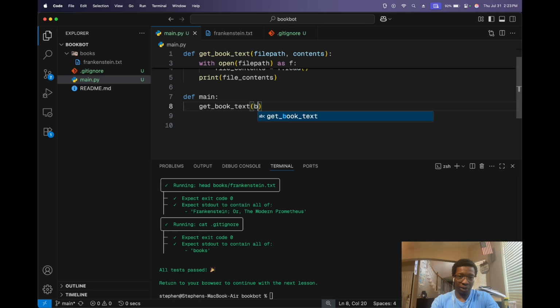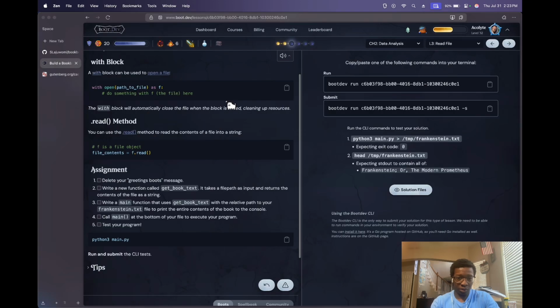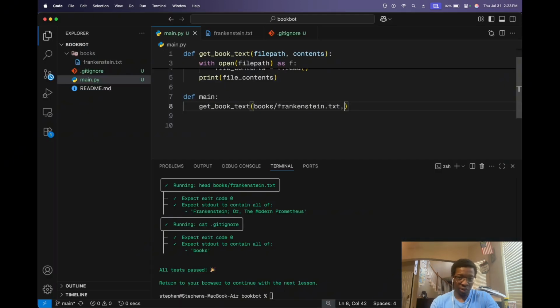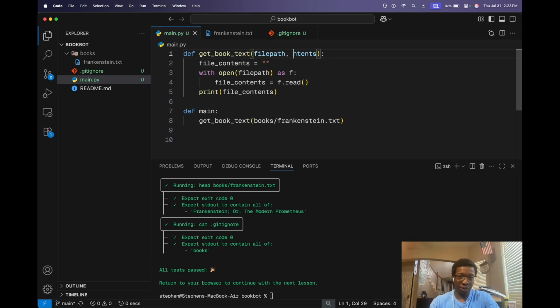Text with the book slash Frankenstein. No, we don't need content as input. We just need